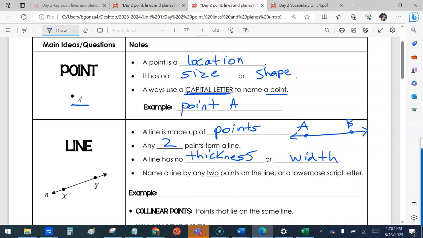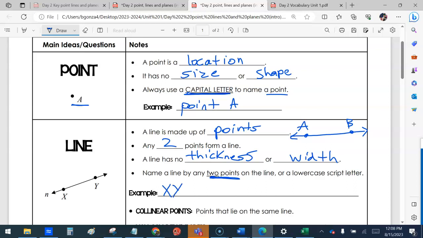Now, how do we name it? We need to know the notation. We name a line by any two points, okay? Remember, a point was one, but a line has two to name it. Look off to the left here. What are the two points on this line? Sorry, over here. X, Y,